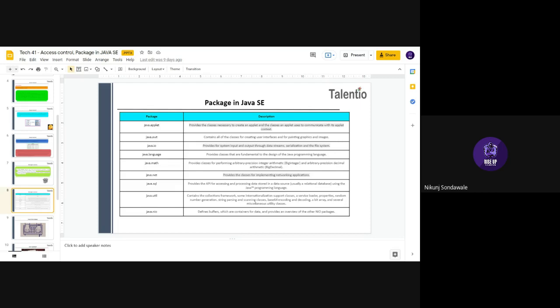So these are a few of the packages. Not everything, just a couple of percent of the packages in our Java SE, Java Standard Edition. We cannot cover everything, but whatever you need to know now, I just told you.